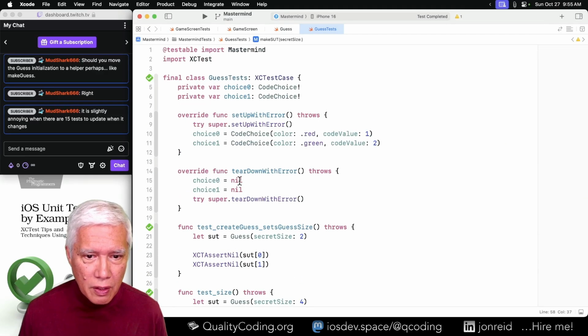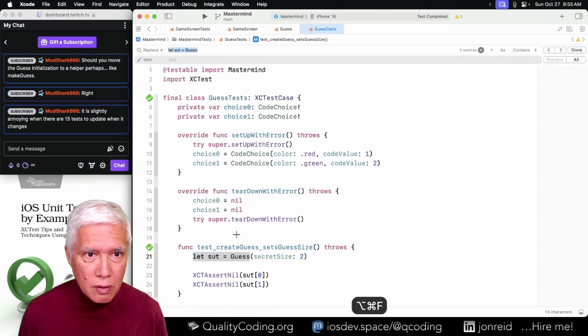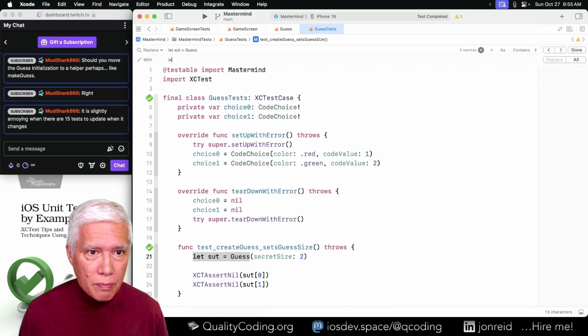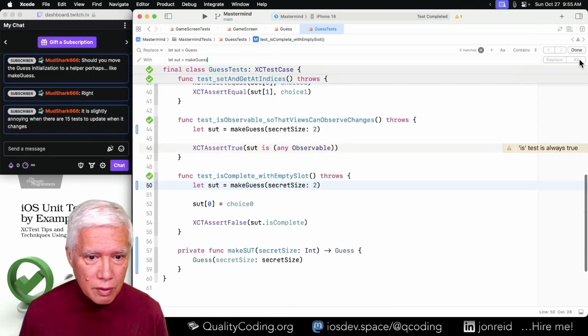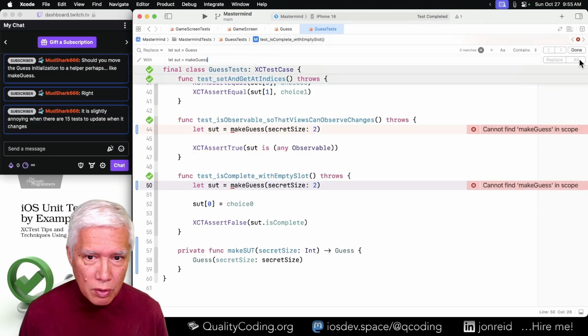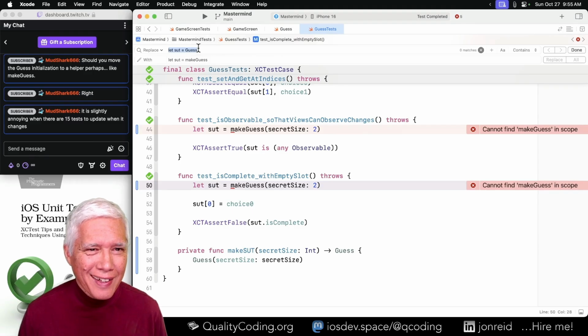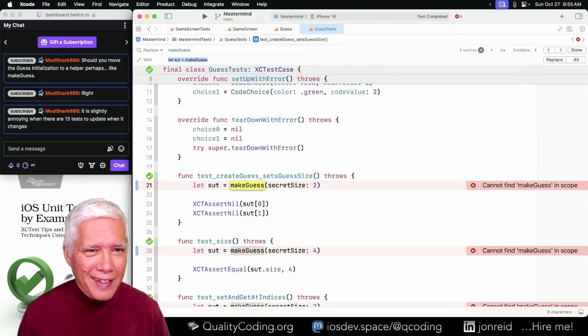Then all of these become let SUT equal make guess. I should be able to do all of them in one fell blow. I don't know. Which do you like?